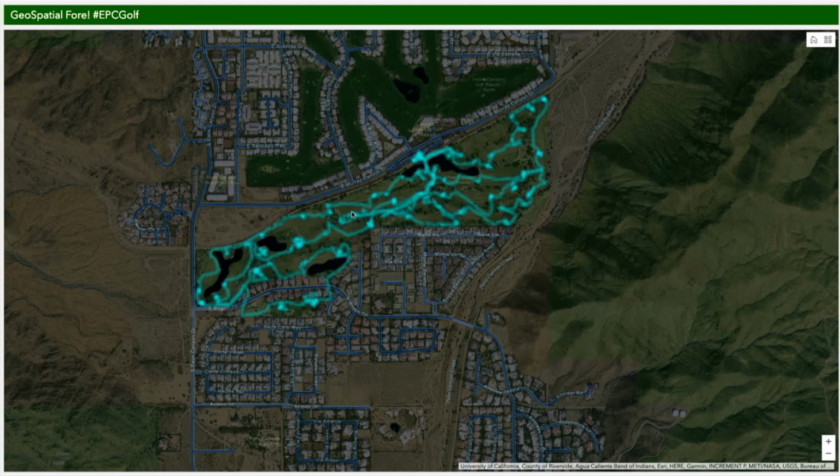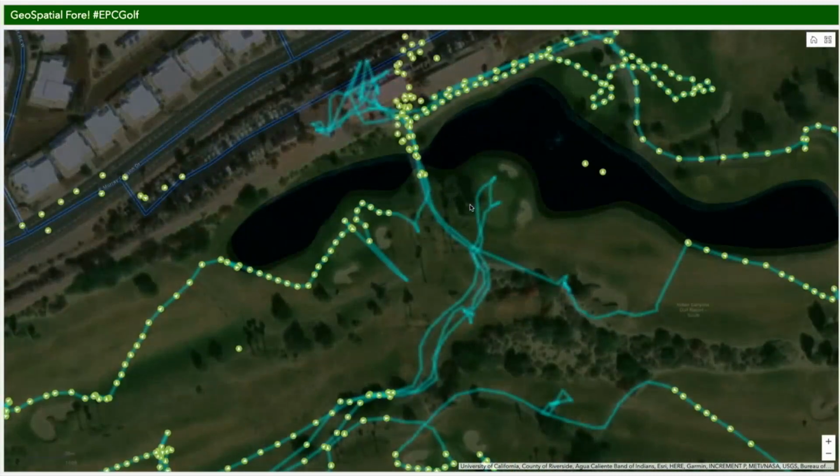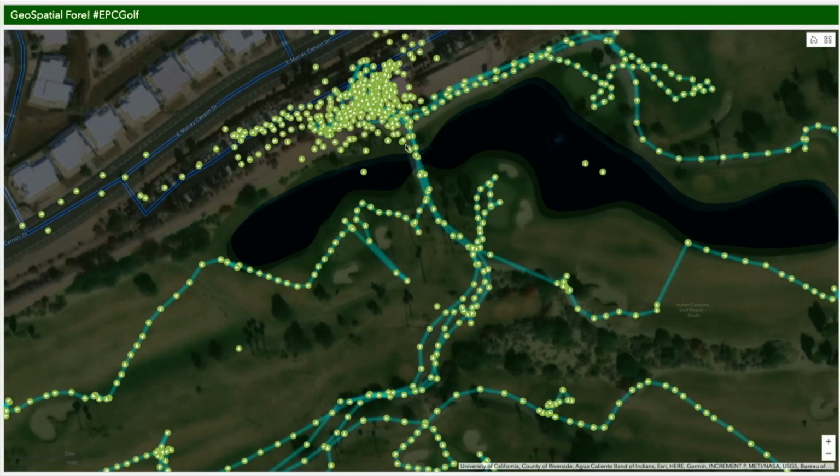And you can see I used a linear heat map approach to visualize all of those tracks. But then just like Aaron did, we could zoom in and take a look at those tracks in more detail. You can probably see the ones I hit in the water. So important is that we